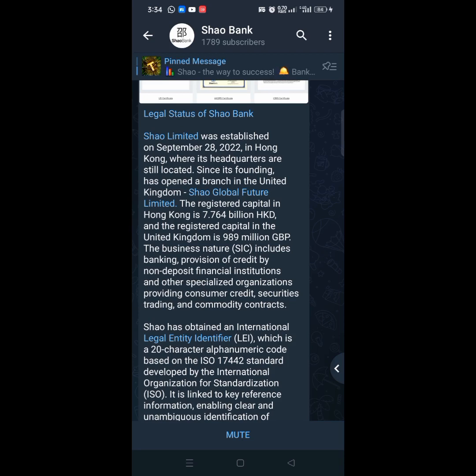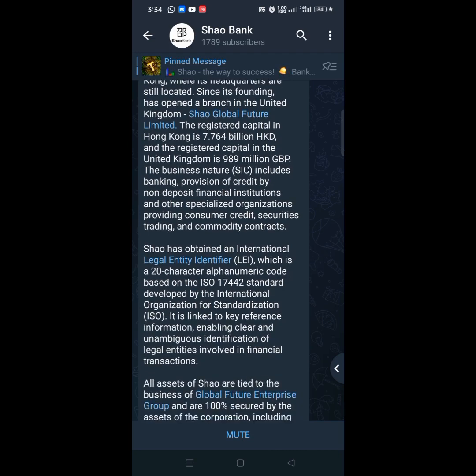The business nature, SIC, includes banking, provision of credits by non-deposit financial institutions and other specialized organizations providing consumer credit, security trading, and commodity trades. Chao Bank obtained the International Legal Entity Identifier, which is a 20-character alphanumeric code based on the ISO number standard developed by